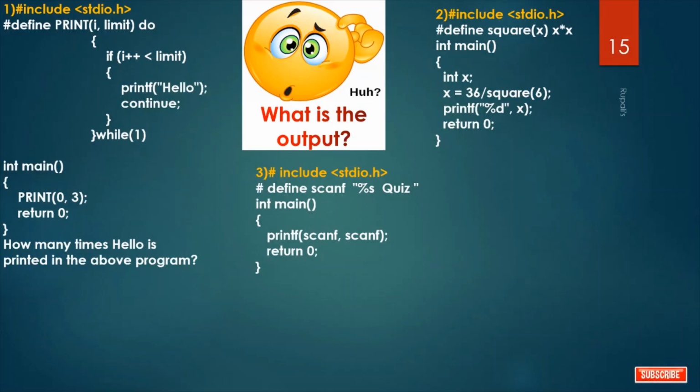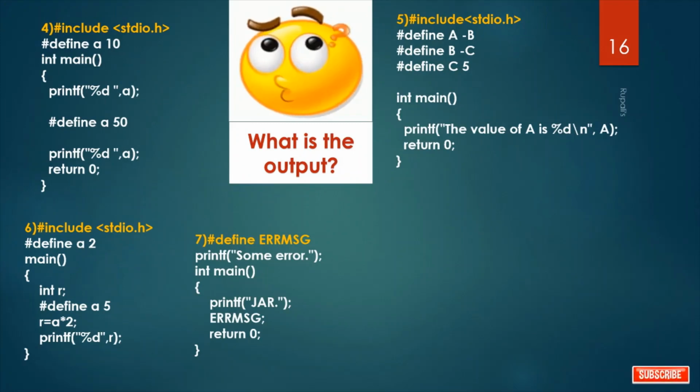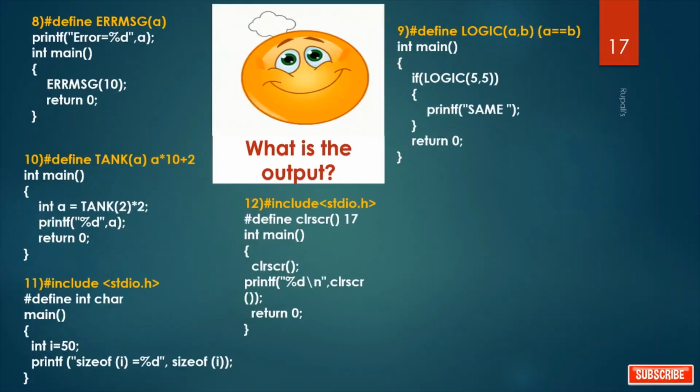Now I want to say something. This chapter is very important for MCQ practice. Many times in campus placements or different competitive exams, short questions or MCQs come from this chapter. So try to solve this problem and answer me in the comment section what is the output of this program. This is your homework. Pause this video, try to solve this problem. I am waiting for your reply.